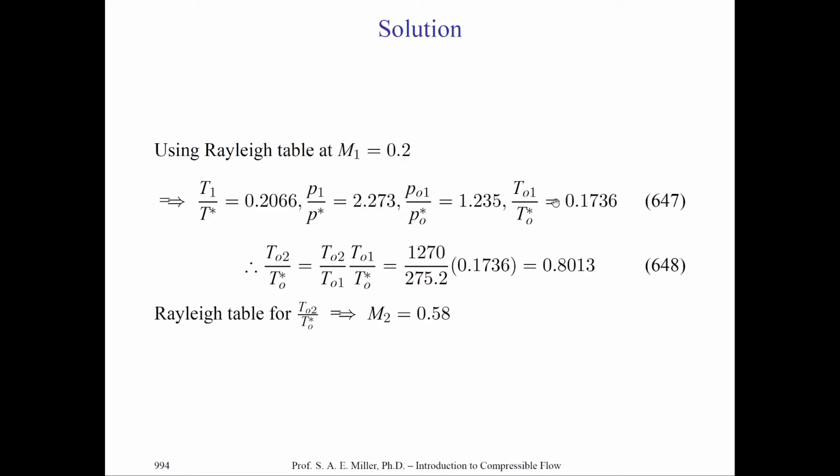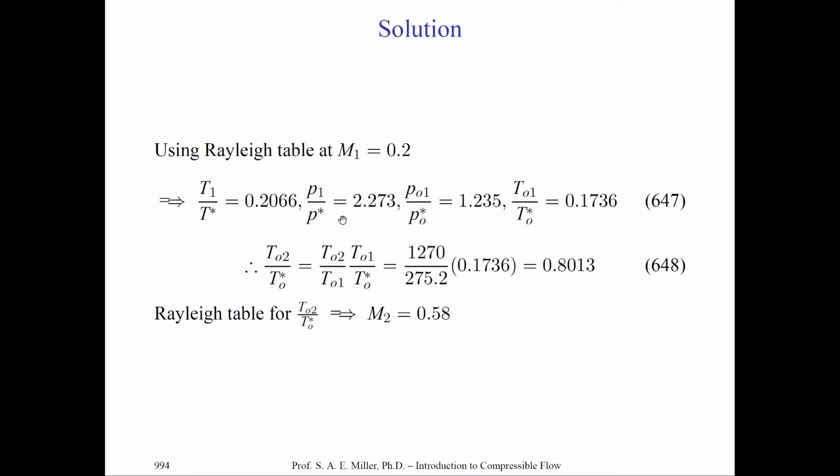Going across, you should find these values. Now's a good time to try it out on your own by evaluating the equations with your calculator or using the tables. I prefer you try both approaches to become fluent. You'll find, again, ratios of 0.0266 for temperatures. Pressures will have a value of 2.273. Total pressures will be 1.235, and total temperatures will be